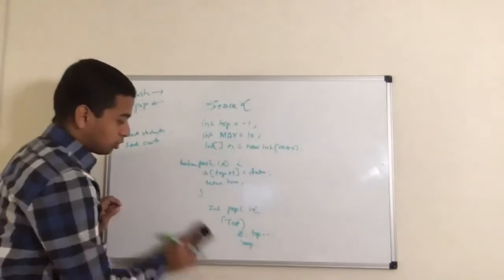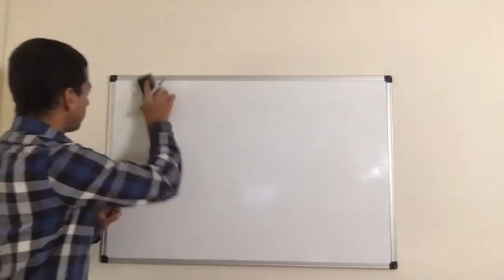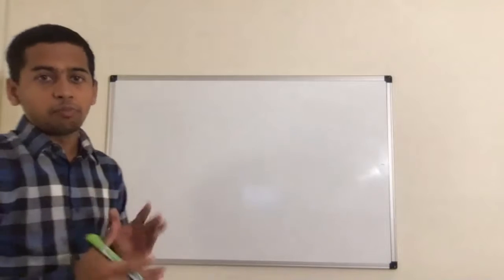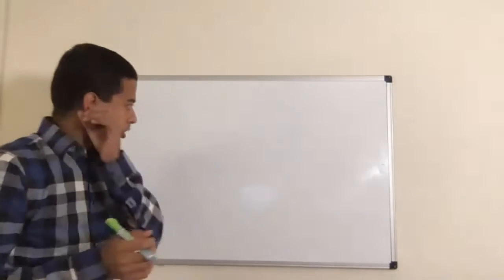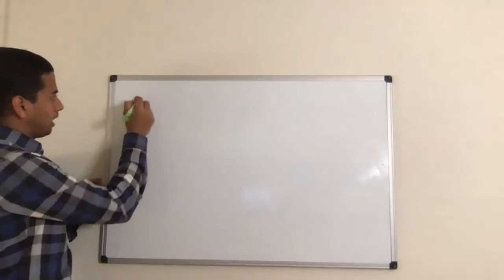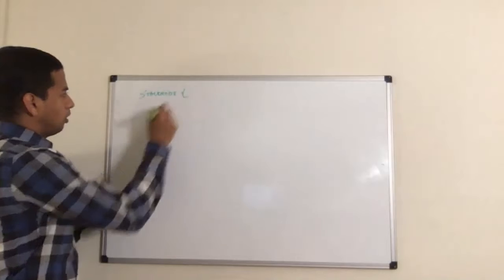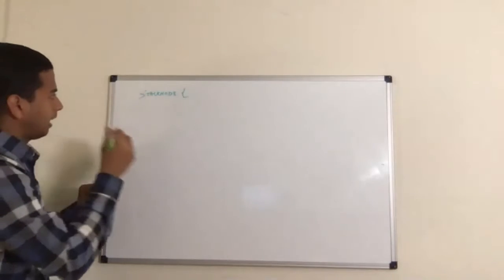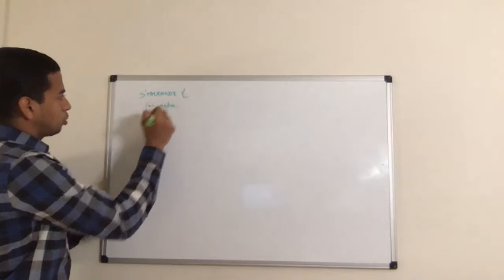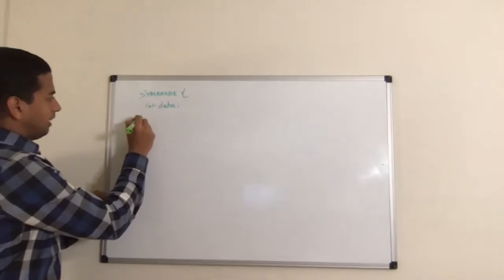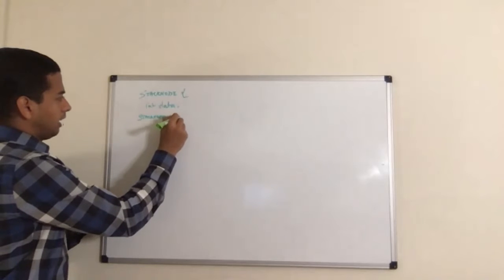I'll implement stack using a linked list now. Stack using a linked list is also simple. We have already seen how a linked list node works yesterday, so I'll do it quickly one more time. This is my stack node, my linked list node. What will I have in the stack node? It will have a data value, a variable to store my data, and the next link. The next link will be another stack node. That will be my next.